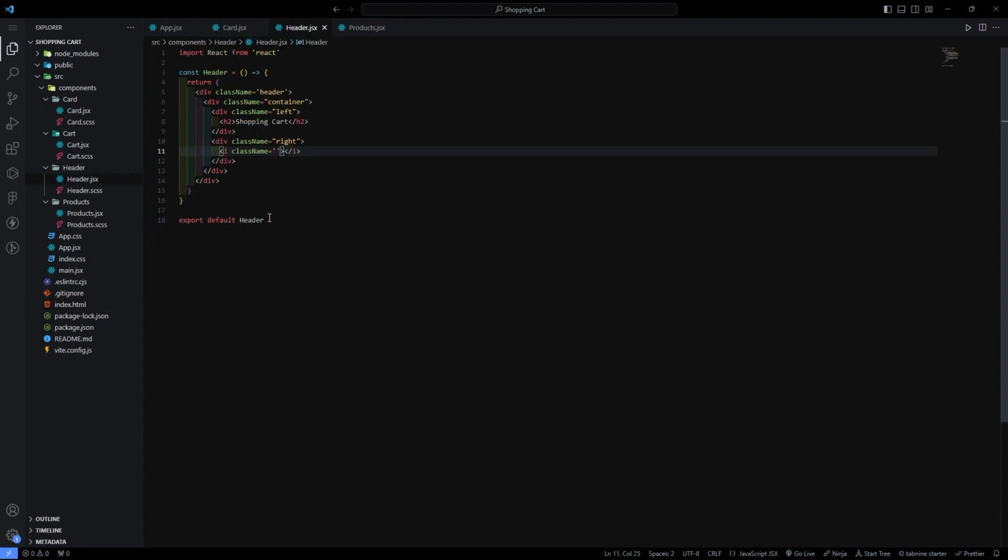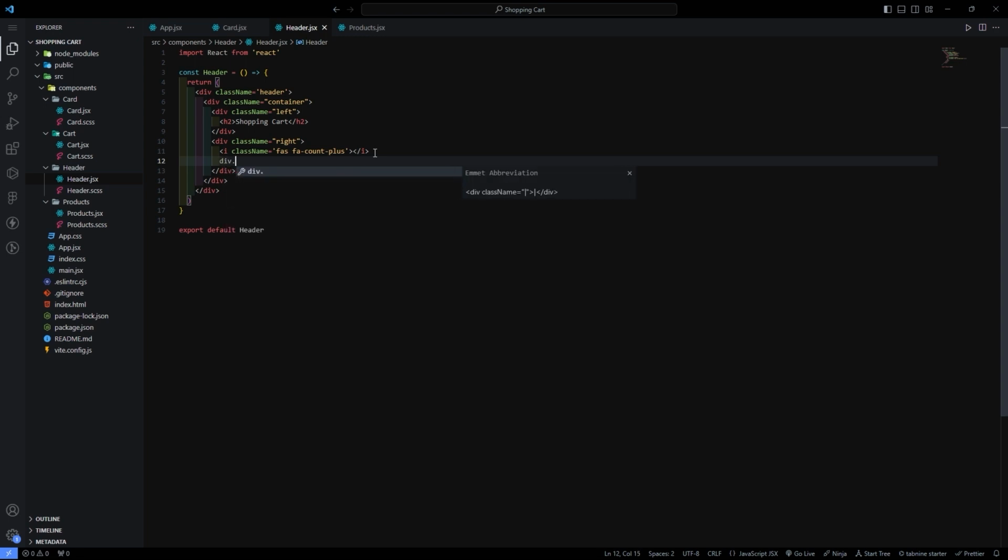So here just give a class name fa count and plus, like that. We have this thing here, and after this we have one more div with the class name of count. Okay, so just import the CSS file,